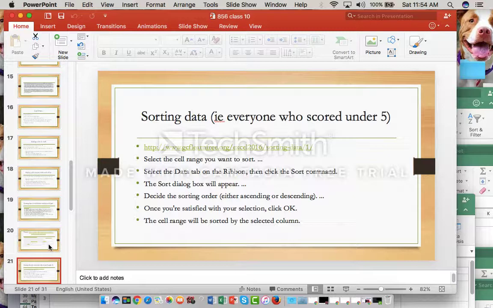Oh, and here's some instructions for sorting data, like I showed you in that qualitative example of papers we had in progress where we sorted them by